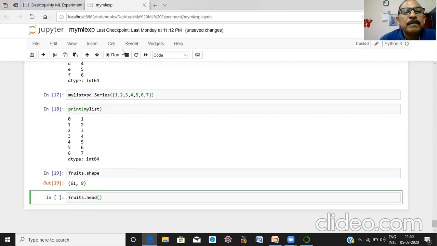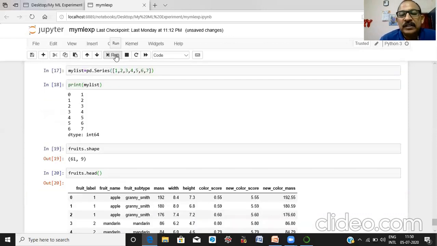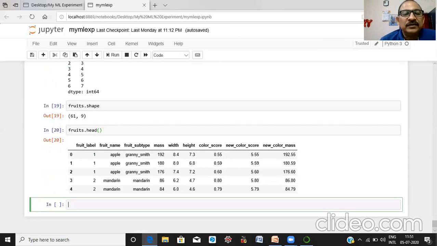Okay, these are the contents. Now we want to add this list, my list, to our data set. Okay, so how will we add a column or series in our data set? Now simply df of fruits, specify the name of the column, new column.